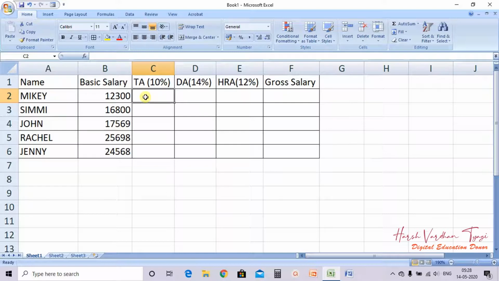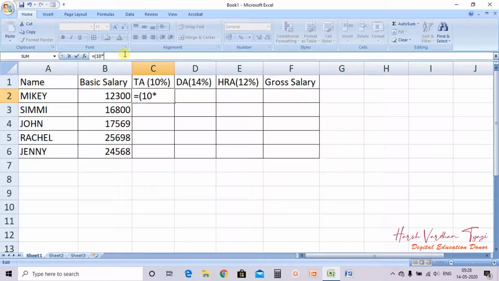Now see what TA means. Suppose I am applying the formula, we have to calculate the TA, that is the 10% of the basic salary. So how will we write the formula? We'll go to the formula bar and write equals, then bracket, 10% of basic means 10 into, what is the basic salary, that is 12,300.